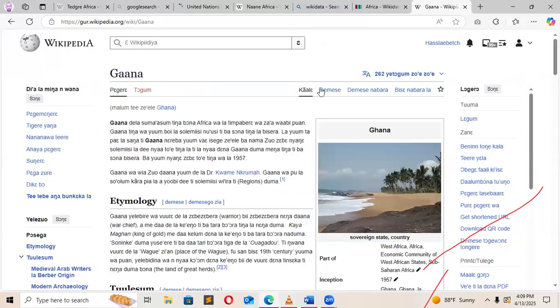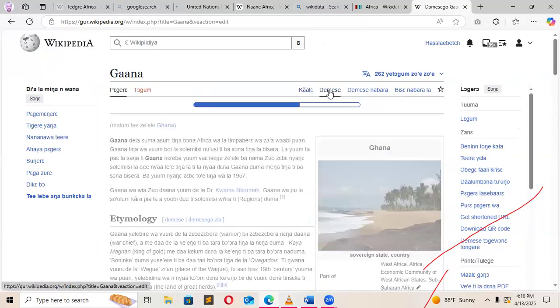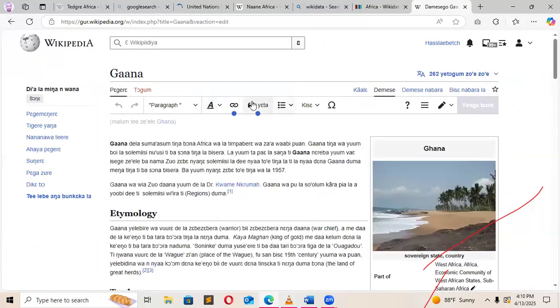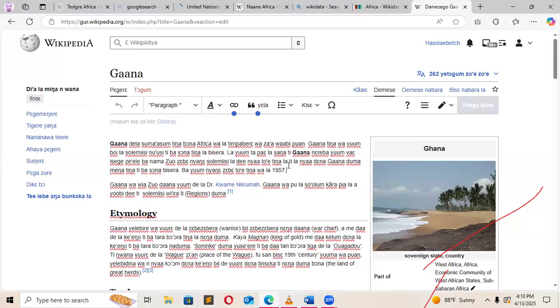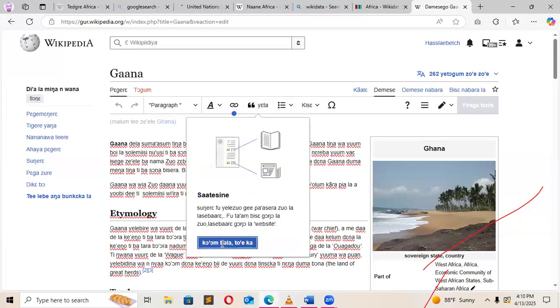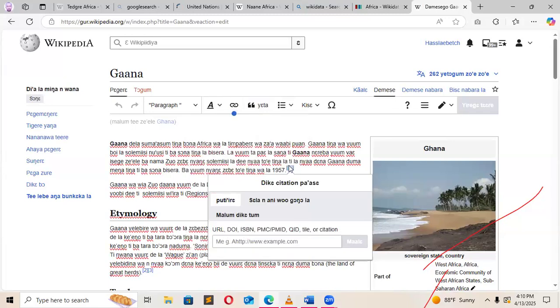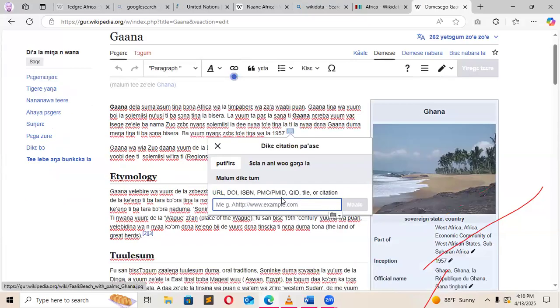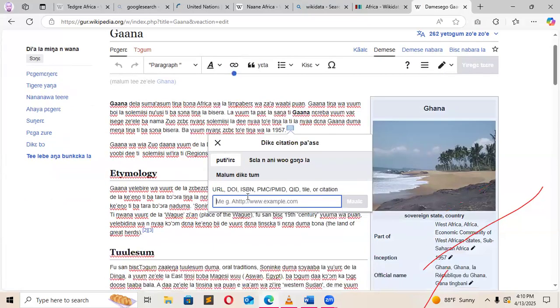So in Gruni, when I click on edit here, they have sites. Look at the site. We don't have the site. So if I want to reference the last one, I'll click there and come to site. Click on site. I'll click the next one. They ask me to put a site name. So here, look, I'll paste the link here and publish. I'll delete it from this. So I'll publish.